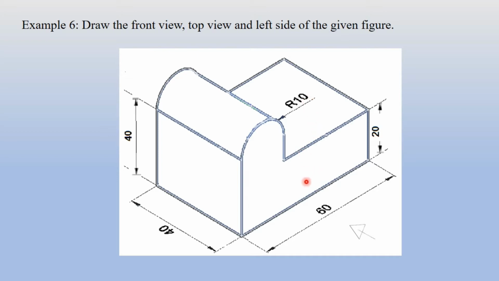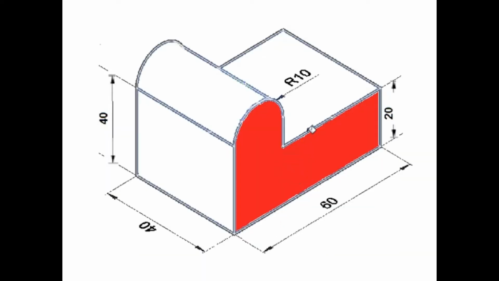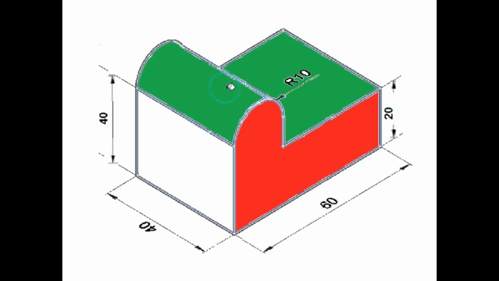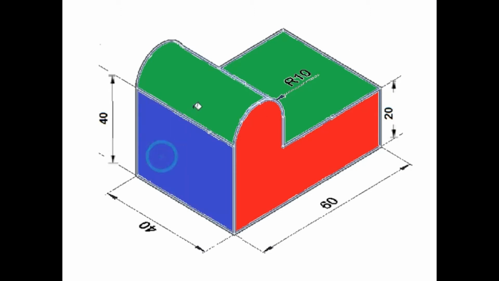So we'll see what will appear in the front view, top view and side view one more time. So I have painted the front view in red color as you can see here, and this is the top view. These two portions will appear in the top view, this rectangular box and the dome shape, which is very important. I explained you earlier also. This dome shape above, which is in the semicircular type, will appear in the front view and side view also.